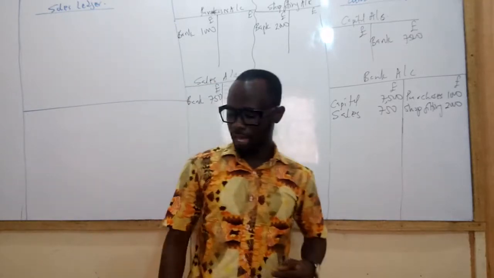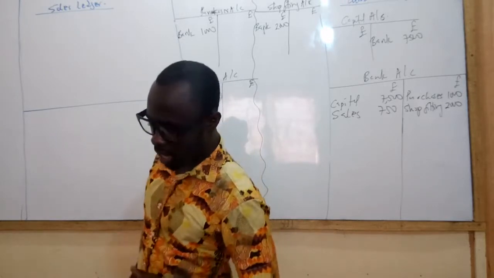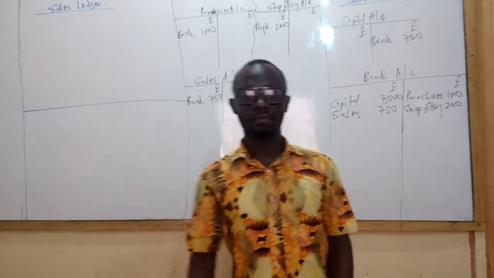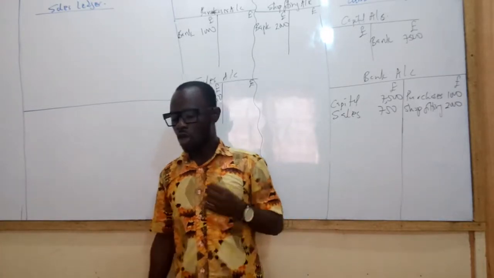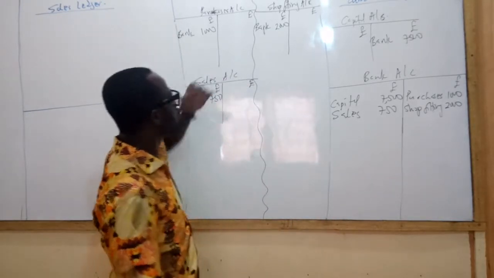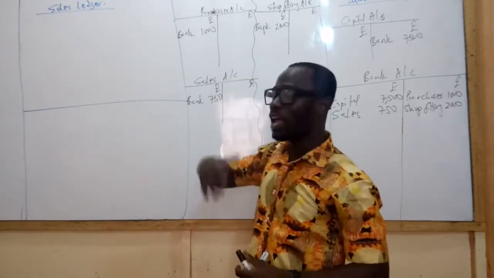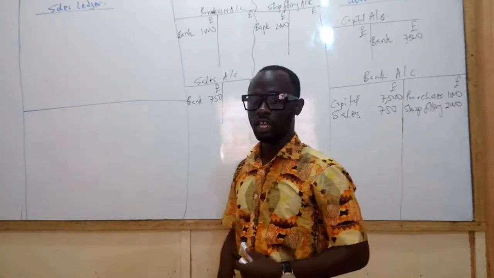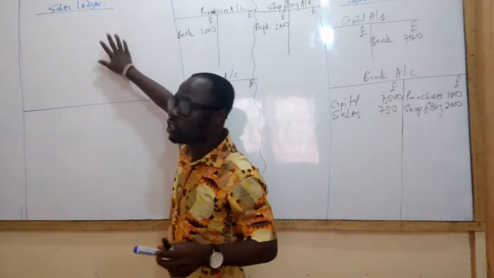Next, 7th May. Bought goods £1,250 on credit from Bristol Suppliers Limited. So here also purchases, but this time around you are buying on credit. Now if you are buying on credit, that means what? Debt is coming into the picture. So that creditors account goes into where the